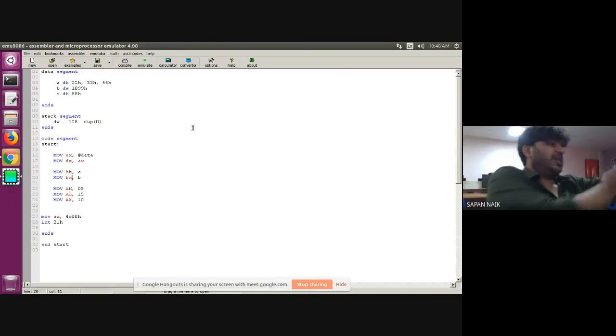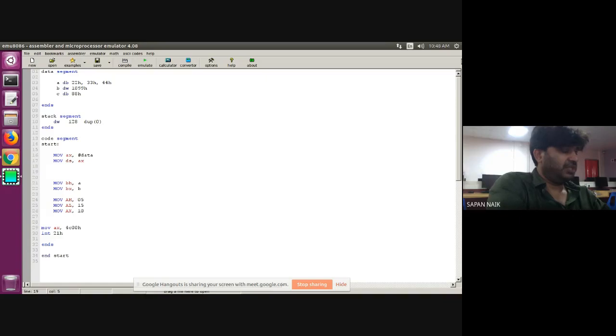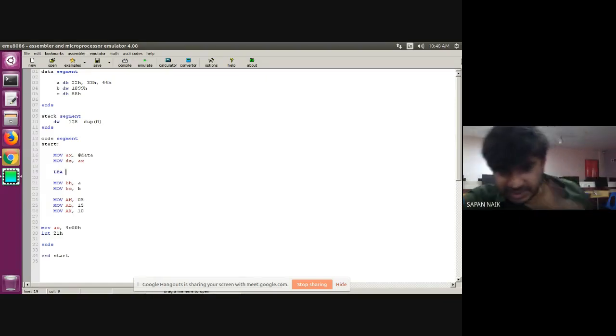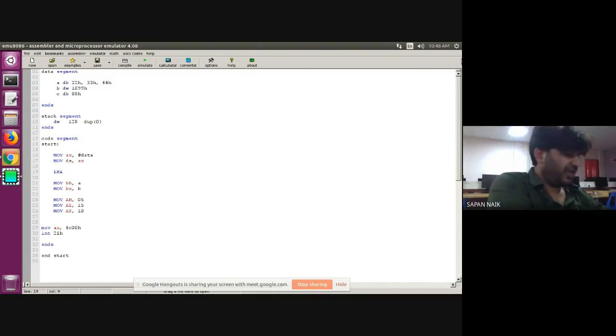Yes. Now next, let's see one more instruction that we have already seen in our lecture, but you might not be aware of it. LEA. What does the LEA instruction do? Load effective address. So it will store the address of your variable. So if I write BX, because all the addresses that you need to store are 16 bit, you need to use a 16-bit register, right? Hello?